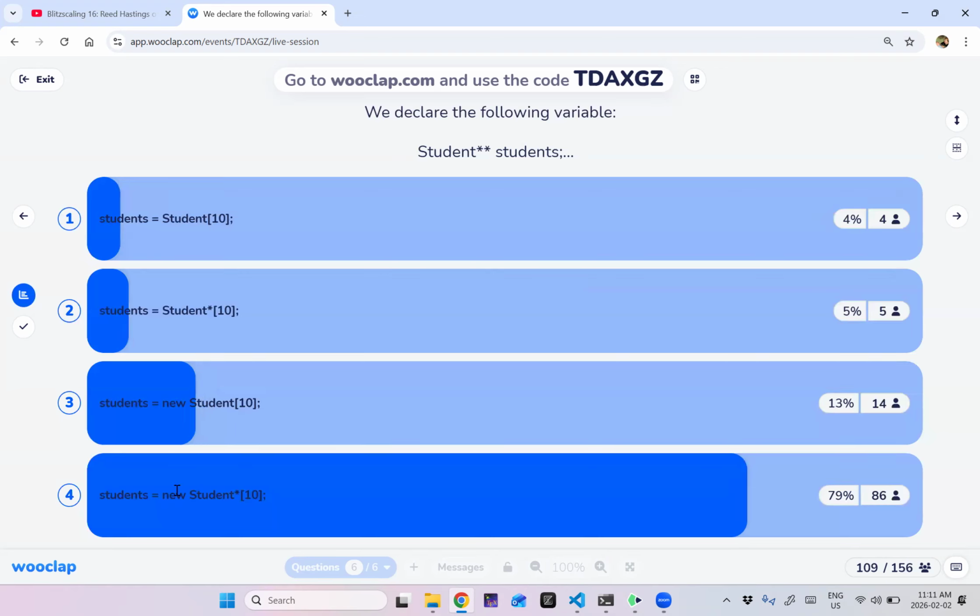So this makes an array where the type is student pointers, and new with a subscript means it's going on the heap. I think technically, I didn't try it out, but in terms of type, this looks syntactically correct.